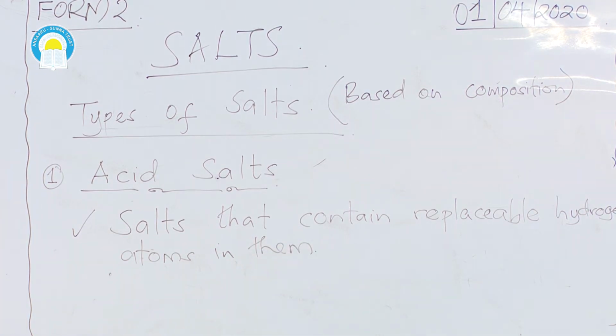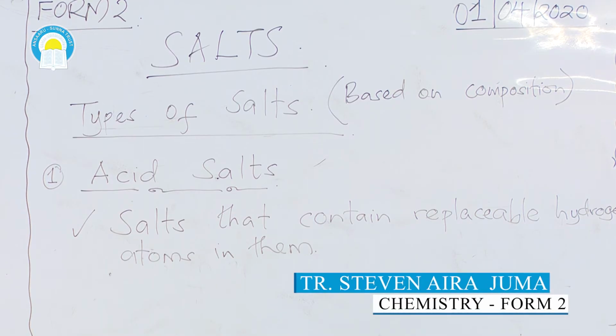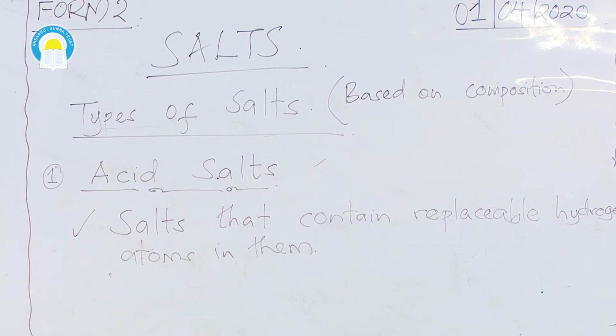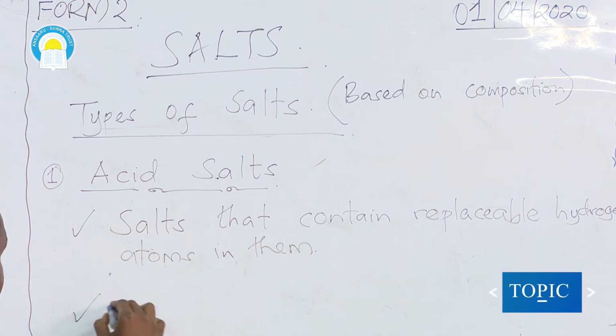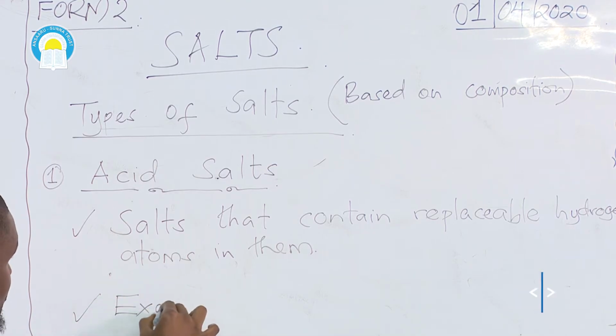So if a salt contains replaceable hydrogen atoms, then we say it is an acid salt. Here we have examples. Examples of acid salts include